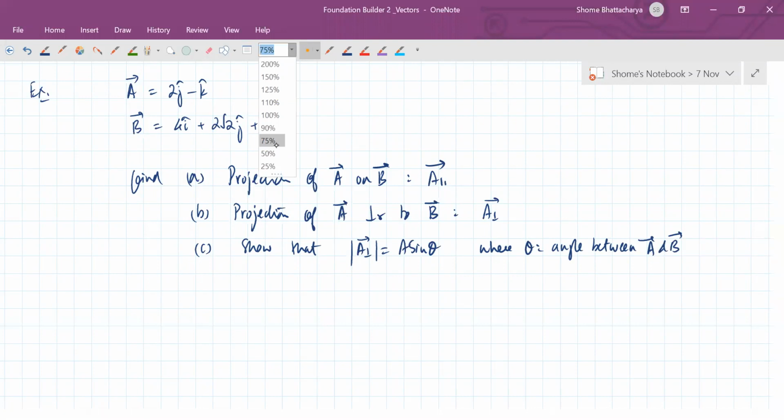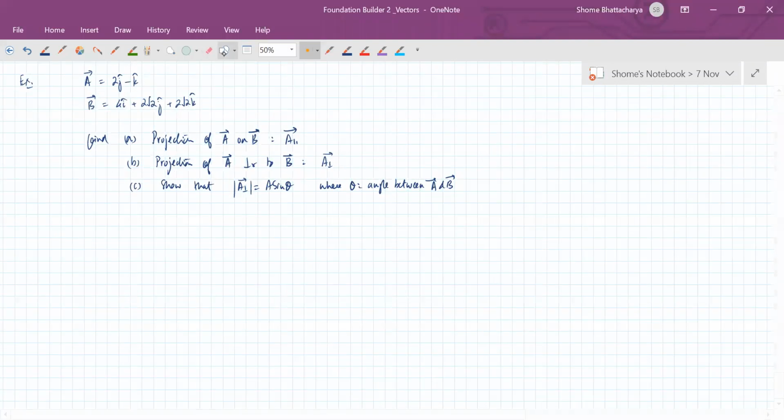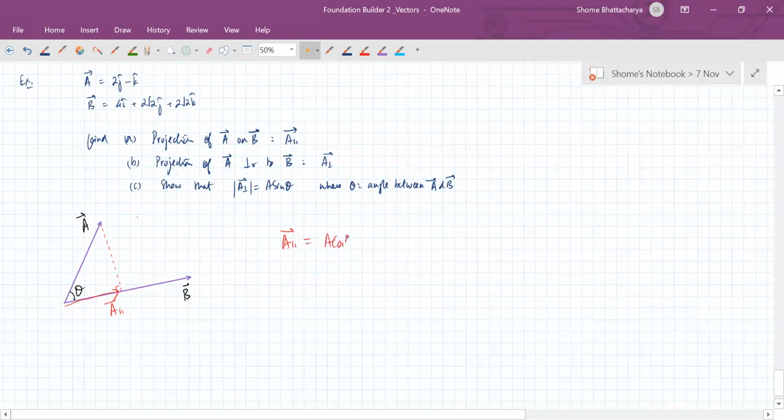Okay. So let's start with the first two parts. So always it helps if you draw a diagram to visualize the problem, though we'll be solving it by formula. So we don't really need the diagram, but it just helps to visualize what we're doing in the problem. So suppose this is my vector A and this is my vector B and the angle between them is theta. So what do I mean by the projection of A and B? I mean that I'm talking about this vector here, this one. This is my A parallel. So you can see that A parallel has a magnitude of A cos theta and its direction is along B. So A cos theta will become A dot B divided by magnitude of B.